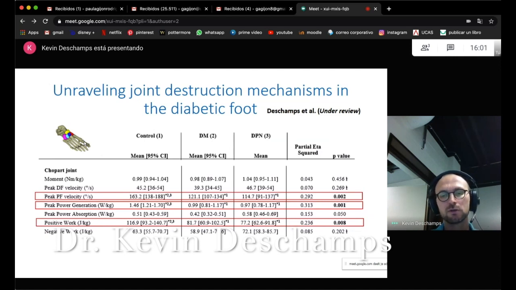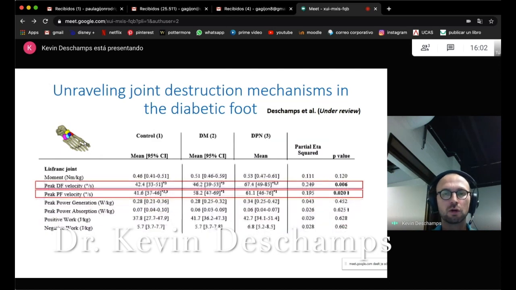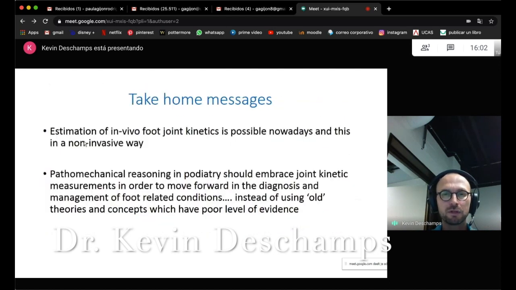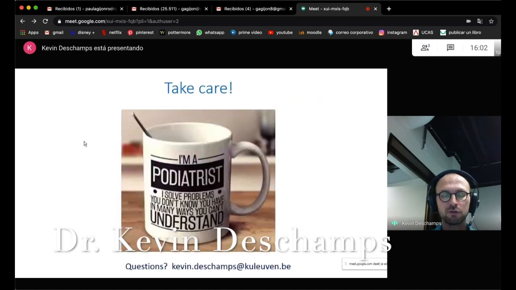So this shows that those people are having stiffness in their feet. And for us, we are putting forward that we will have a new insight here for unraveling joint destruction mechanisms in the diabetic foot, as we know that those people are developing foot deformities such as Charcot arthropathy. And with this, I would like to thank you all and